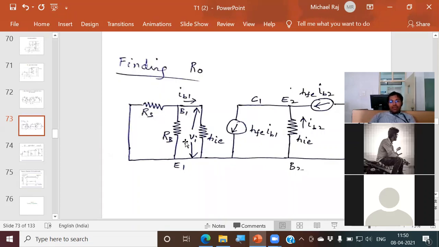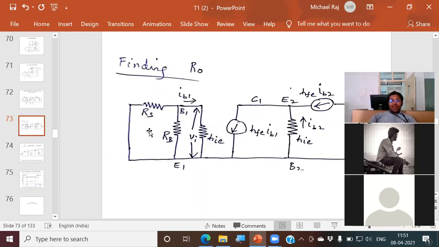Right, correct answer. But anyway, we have taken variable IB1 here. The parallel combination RS, RB, you can see as a single resistor, and the current through that single resistor is IB1. Later on we will prove that IB1 is 0. This is what your friend said. She has seen no source and she has told 0. Now mathematically, we will prove that IB1 is actually 0.